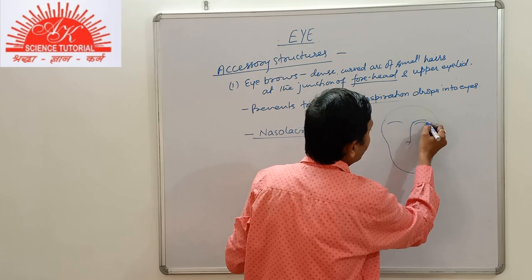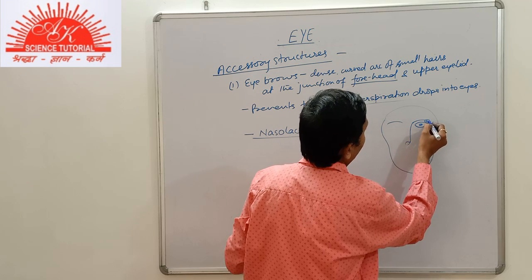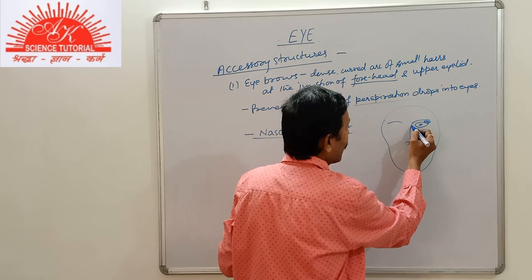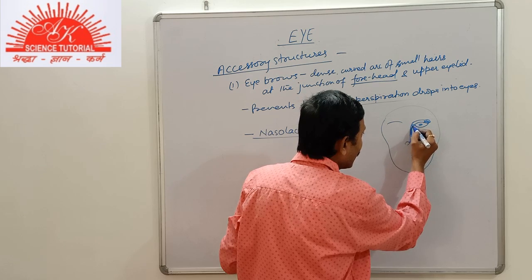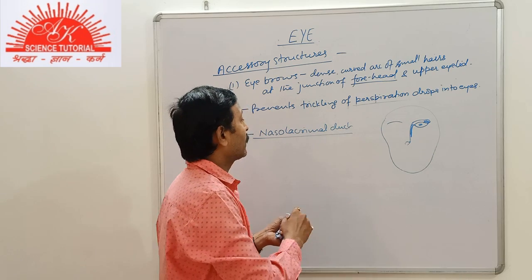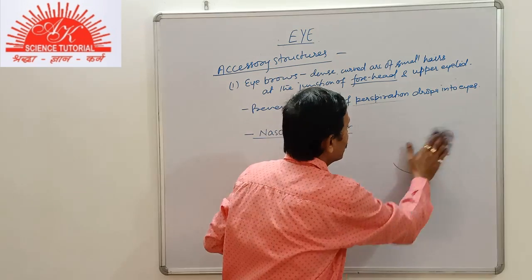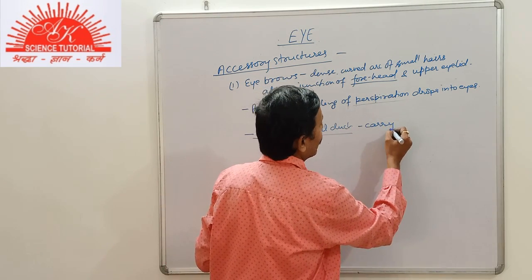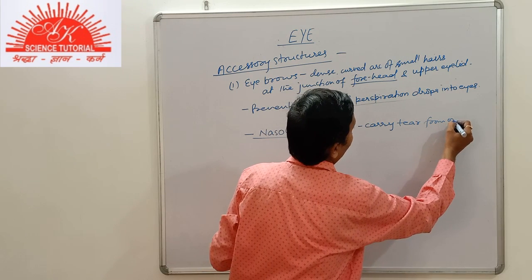On this side, if there is the eye, at this portion there is a tear gland. By several tubular structures, it opens here, and at this position there is the nasolacrimal duct. Nasolacrimal duct carries tear from orbit